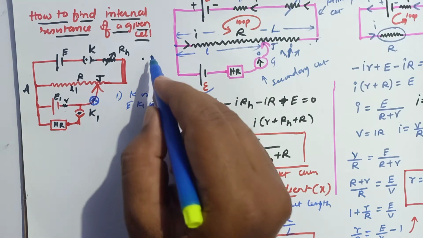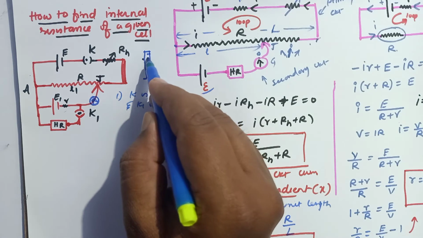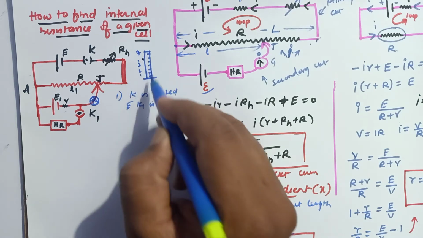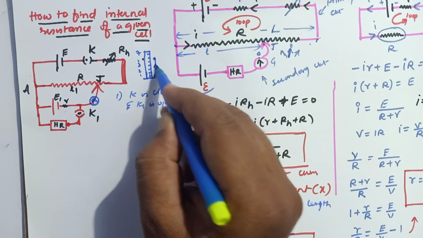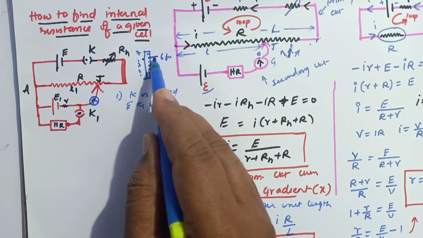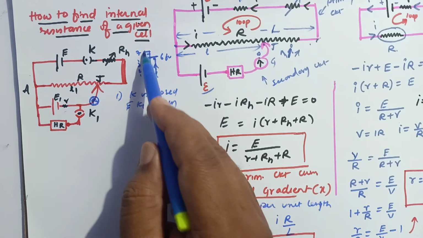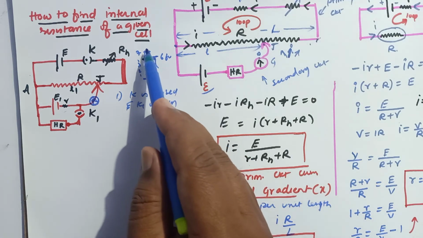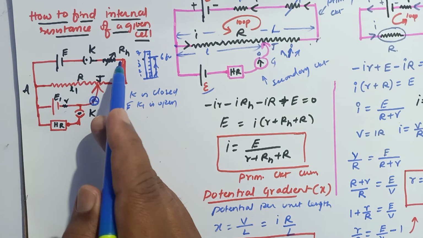See this, what is the meaning of this? For example, you have taken one scale as a reference scale, and that scale is marked up to 7 feet. 1, 2, 3, 4, 5, up to 7 feet it is marked. And you want to see your own height. You are standing here and your height is 6 feet. Your head touches exactly 6 feet, not beyond that. As this is a reference scale and your height is 6 feet, the reference scale is larger than that. Similarly, this primary cell is acting as a reference cell.